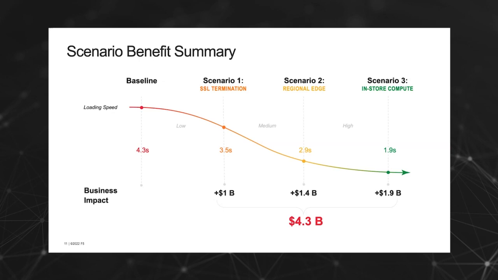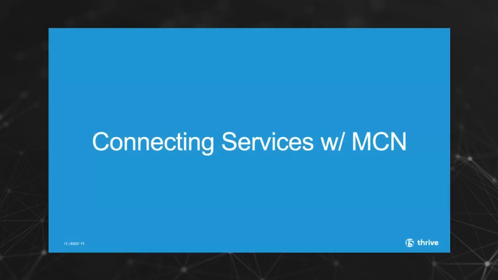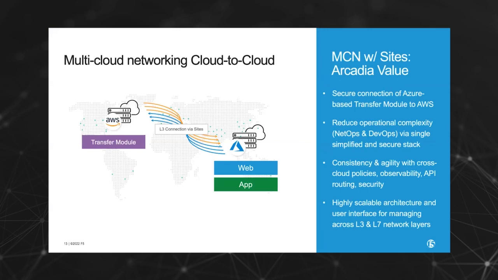All right, so we talked about the application delivery using the global sites or the global network and the application delivery network. Now that we have some services running in different places, how do you connect them? So let's talk about AMCN, which is the concept around multi-cloud networking. And again, from a customer perspective in our Arcadia application, some of the key value propositions are around connecting across services to be able to do so securely. So how do you connect from one cloud to the other